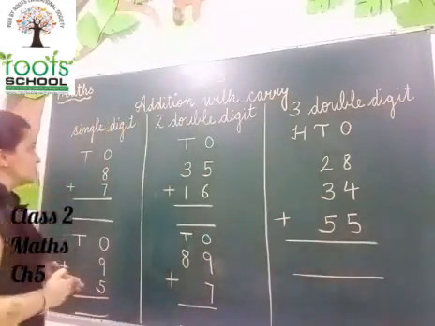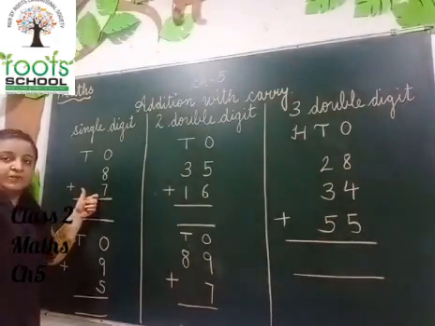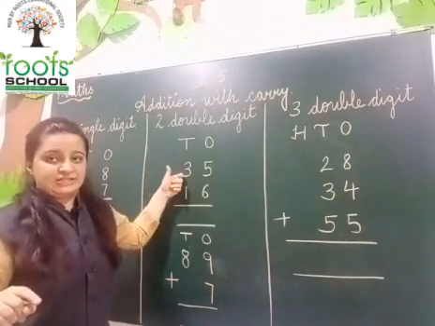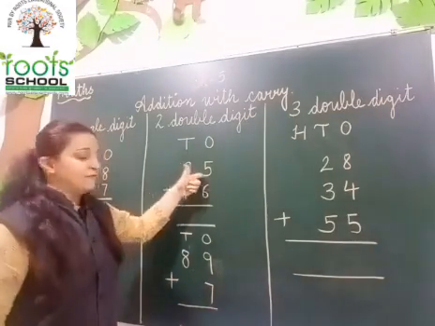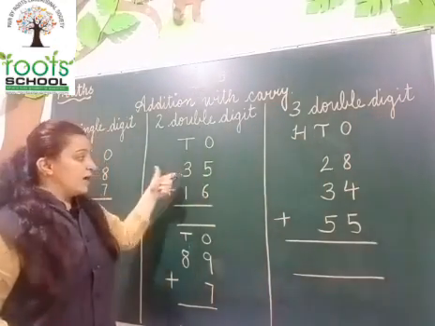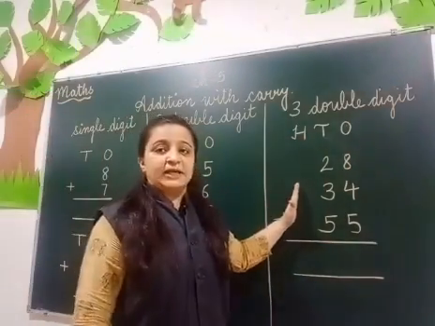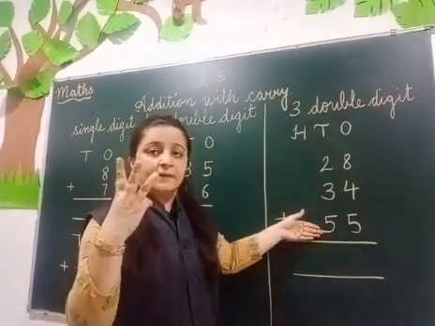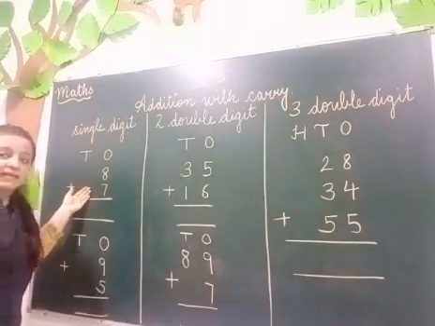Now first of all we will do single digit, okay, 8 and 7, single digit addition. Then I will explain you two digit addition, means two numbers we will add of 2 digits, like 35 is a 2 digit number and 16 is also a 2 digit number. So they are two digit numbers, okay, 2 numbers we will add. Next I will explain you 3 2-digit numbers, means you have to add 1 2 3 numbers of 2 digits. Okay, now let us start with single digit children.